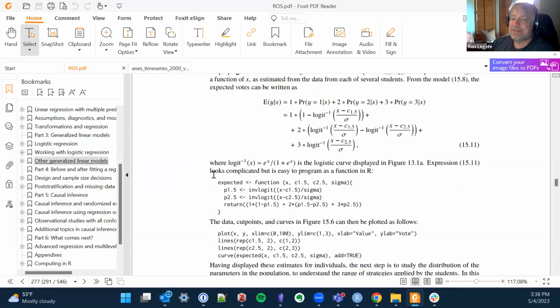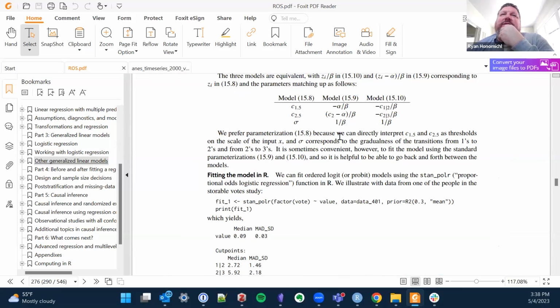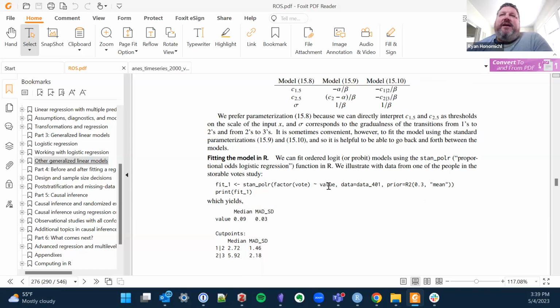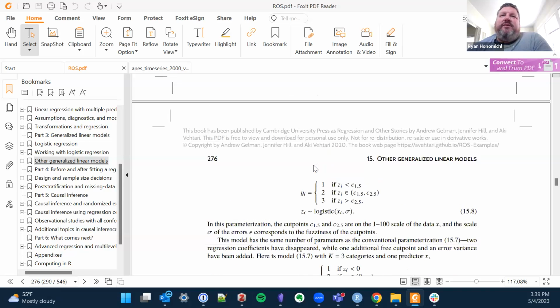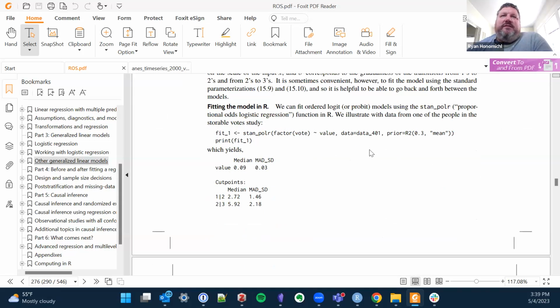I know, I'm with you on that. This is one of those sections where I'm like, if this ever comes up, I'll come back and do it again. Right. So we prefer this because we're going to directly interpret as thresholds on the scale of X. But the scale of X here is value, I guess, which I don't know what value stands for. Obviously, if you have multiple variables,